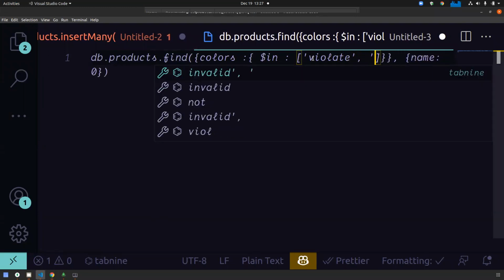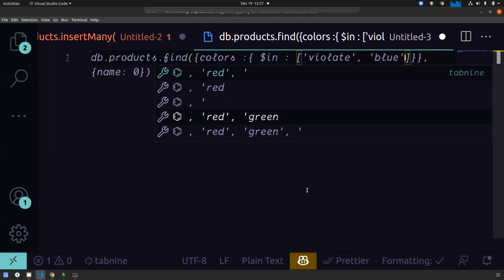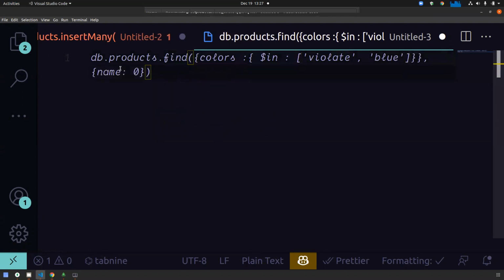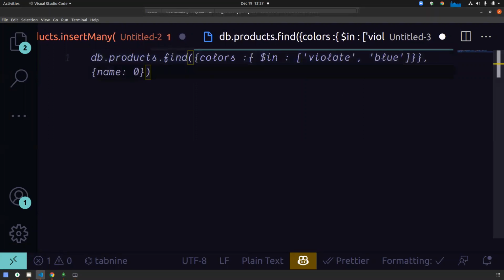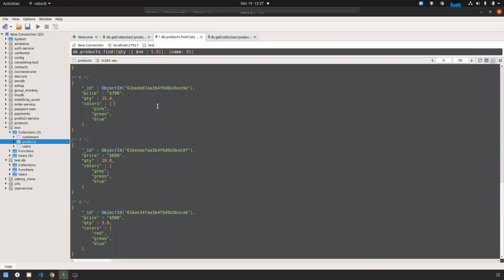You can give more than one, like blue. Oh, sorry, I am wrong. I told it vice versa. Actually, with in we provide that array. Sorry for the mistake.